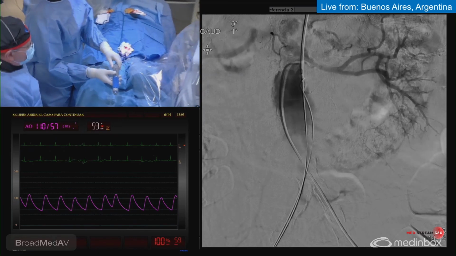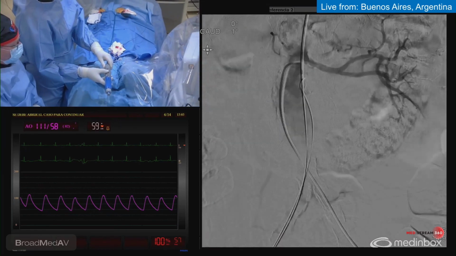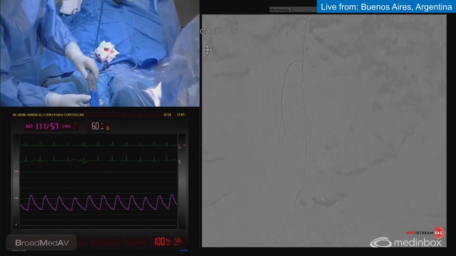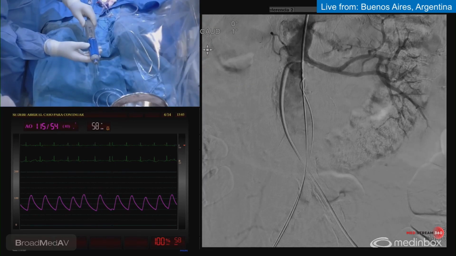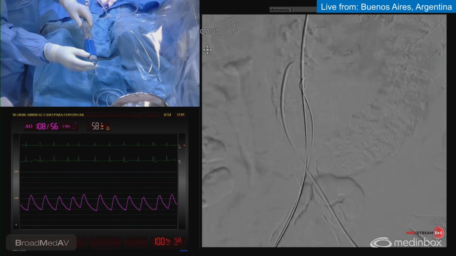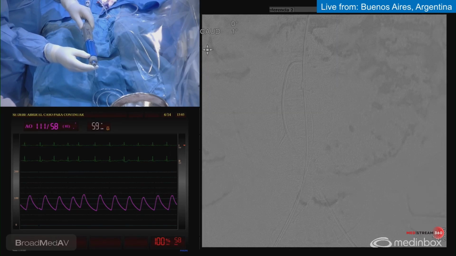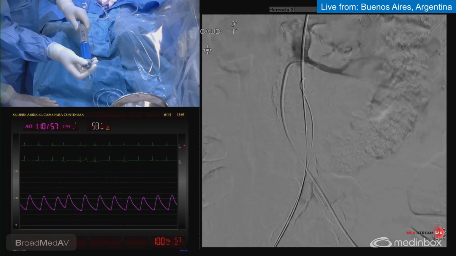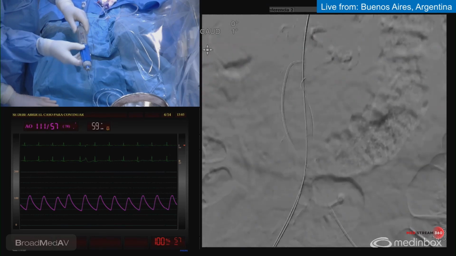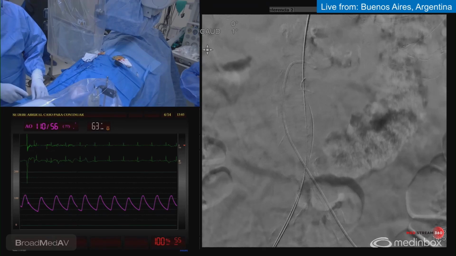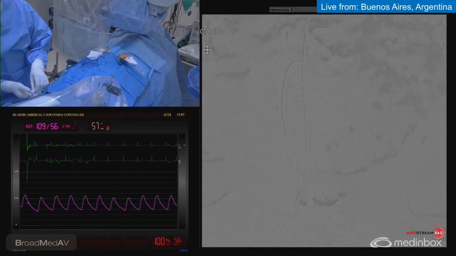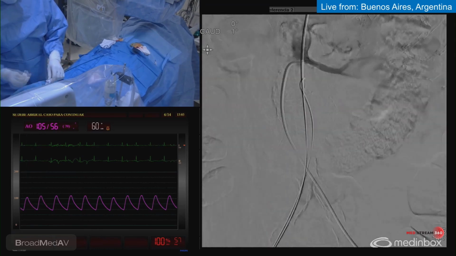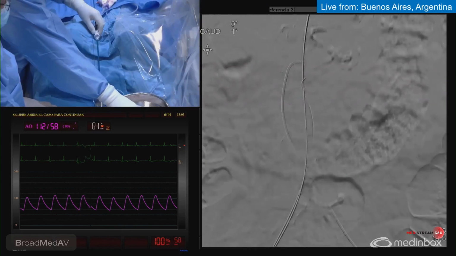So we have here a security device that we have to push up. And then after that, we can turn clockwise here to release the main body of the device. When we get the position, we have to move this second security part of the device, turn counterclockwise, and pull a little bit to release the hooks. And then when we finish the delivery of the body, we have to push here in this part of the device to retrieve the main body delivery, leaving the sheath in place where we will introduce the homolateral iliac